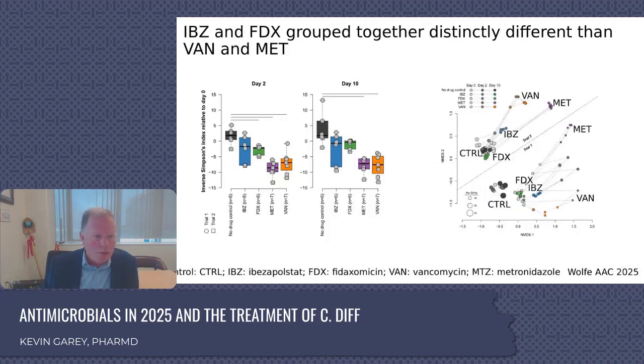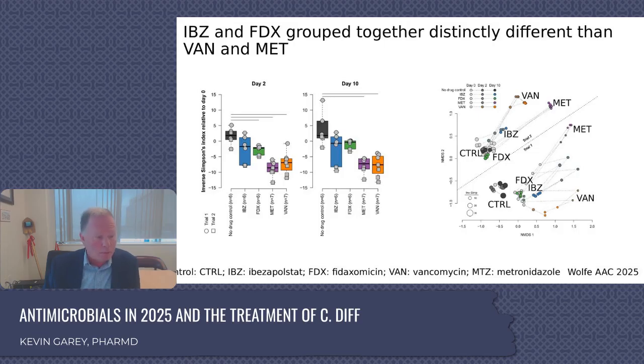So everything compares to your controls. Same as the patient populations, your diversity, if you're not giving an antibiotic, remains pretty constant. So you compare everything against your no drug controls. And this is the diversity plot that I showed you before, day 2 after therapy started. And you can see ibezapolstat and fidaxomicin tend to clump together. They don't lose much diversity. And then metronidazole and vancomycin tend to lose an awful lot of diversity. And that is present early and continues to be present throughout therapy. And so you'd say, well, ibezapolstat is just about as narrow spectrum an agent, if not a little bit more, than fidaxomicin.